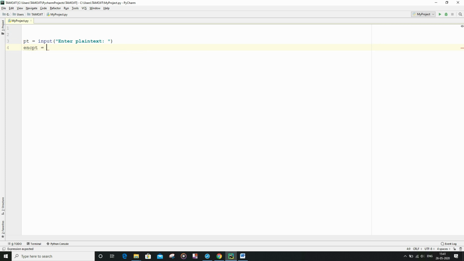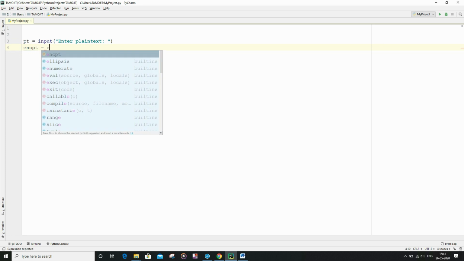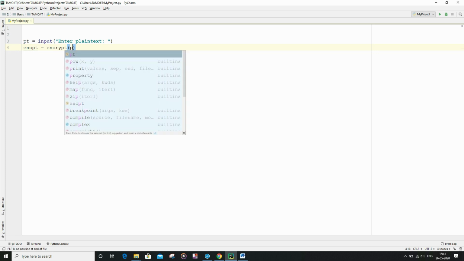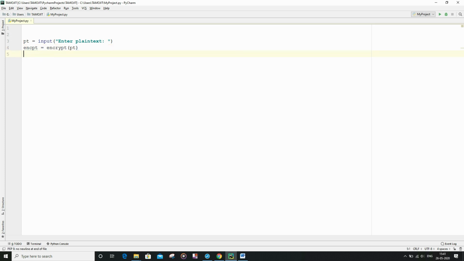Now I am going to call the encrypt function, where pt will be given as the input, and it is going to return the encrypted string, which will get stored inside the encrypt string variable. And now I am going to print the encrypted text.